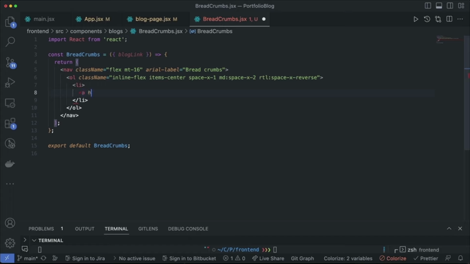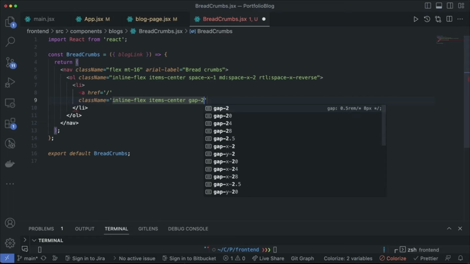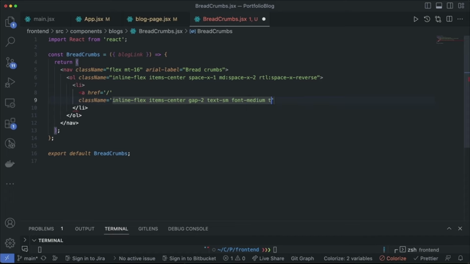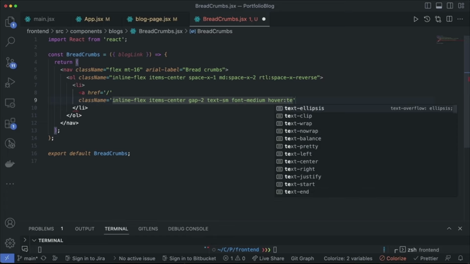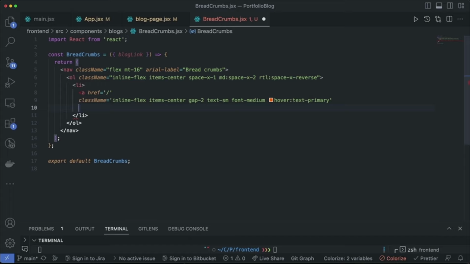We'll give it the href. By default, if we click on this, it should navigate to the home. So let me go ahead and give it a class name. I'll make it inline flex, item center, give it a gap of 2, text small, font medium, and on hover I want the text to be primary. All right, so let me go ahead and close this,